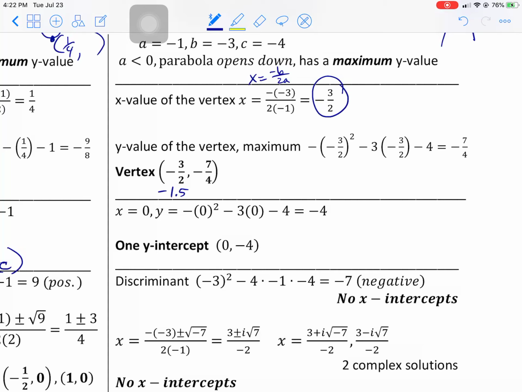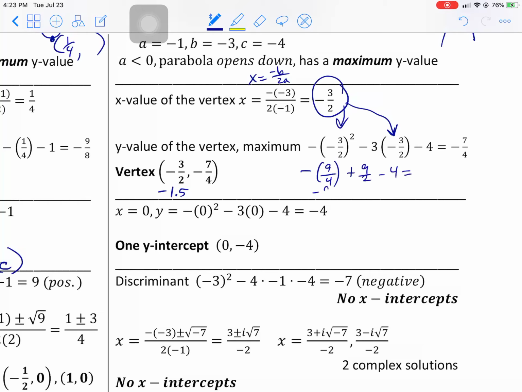So I replace this everywhere there is an X and do the math for that. So be careful with these. This is 9. Let's see, that's going to be a positive. Well, no, it's going to be negative. So this is a 9 over a 4 negative. And this is going to be a negative 3 times a negative 3 is a positive 9 over 2 minus